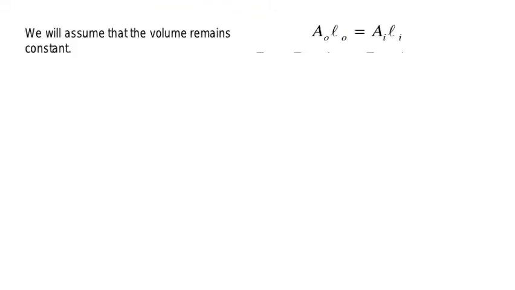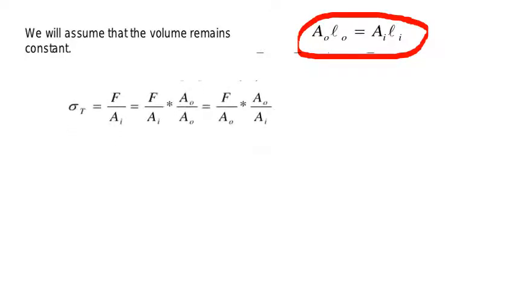Now as we move on, we need to know the relationship between true stress and engineering stress, and true strain and engineering strain. When we derive that, the first assumption is that there will not be any change in the volume. The volume remains constant, meaning A naught L naught will be equal to Ai Li, that is, initial volume will be equal to final volume. There may be change in the length, or changes in the area, but the volume will remain the same.